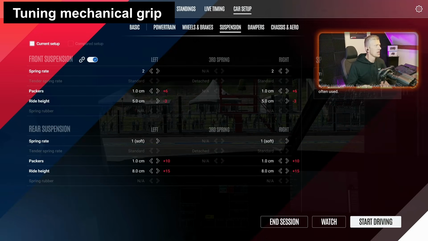So later on in the video, I will also show you the exact setup and how I created the fastest one. But let's just keep going here. We have these settings, for instance, and we might have a little bit of trouble on the throttle, right? It's kind of like it's not turning on the throttle. Now, obviously, if you're a better trail braker, then you created rotation on these corners and you might not have this issue,